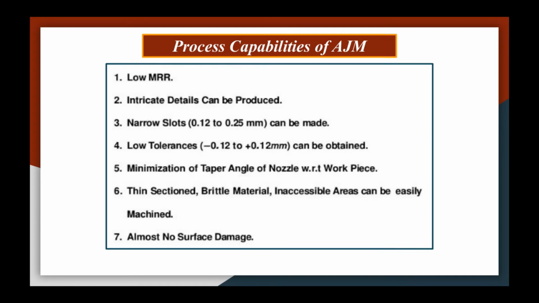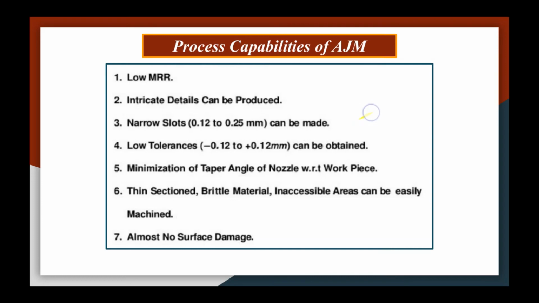It will vary with the machining parameters, types of the workpiece material, and types of the abrasive jet setup, which you have already studied. But the advantage of this process is you can produce intricate details on the component or the workpiece. You can have the CNC AJM process, where movement of the workpiece and the jet can be numerically controlled with the help of CNC features of that machine.